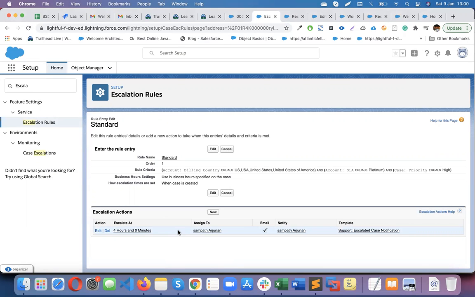It's not available ready-made. For Contact it is not there, right? No, only for the Case object the escalation rule is available. For another object, if you want to escalate something, you have to build it. It's not available out of the box. You need Apex code. Okay. Or Flow, these days we can use Flow.